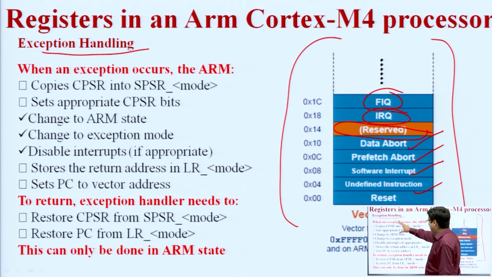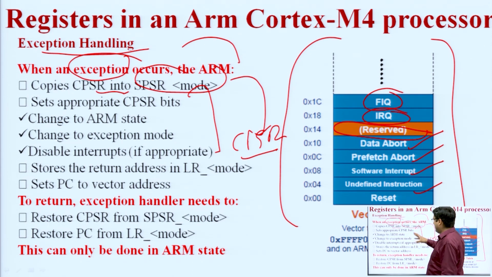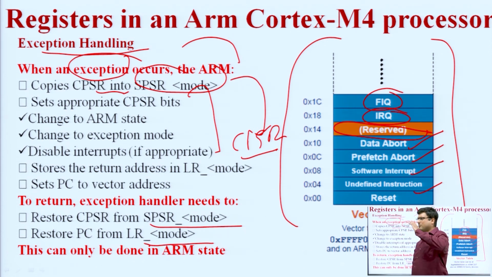When an exception occurs, meaning when an interrupt occurs, the ARM will stop its current execution. It enters the SPSR mode. After executing in the SPSR mode, its value will return into the CPSR. Once the value is returned, it starts its normal execution, which has been saved in the program counter, like what we have done with interrupts. So the function of exception handling is similar to the interrupts which we have studied in the 8051 microcontroller.